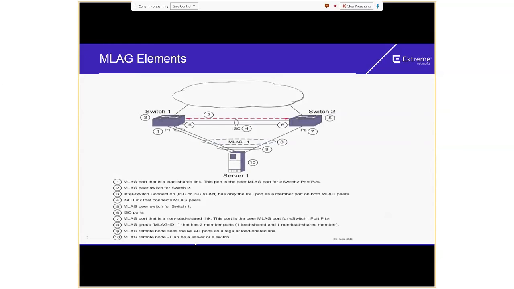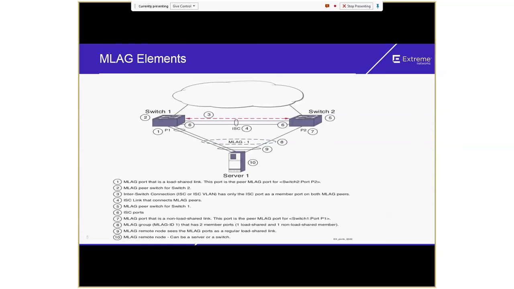So it's important to understand the terminology here. So at number 6, we have the ISC ports, or the interswitch connection ports, which you are going to add as lag, or if you have a single link, that is what would be used. And at 7, we have MLAG port, which is a